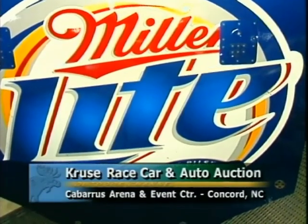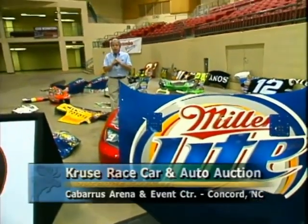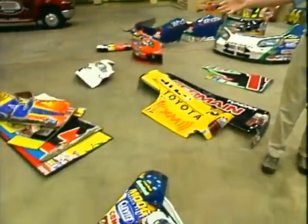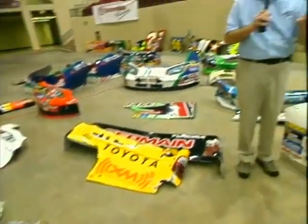Welcome back to the Kruse Race Car Auction, Concord, North Carolina. We're just north of Charlotte. You've seen complete cars, but ever wonder what happens to all those parts and pieces that get knocked off the cars as they go around the track? Well, we found them. We have front ends, we have hoods, we have just crumpled pieces. We've seen all this. Now let's put all those pieces together and see what happens on the complete cars as they go across the